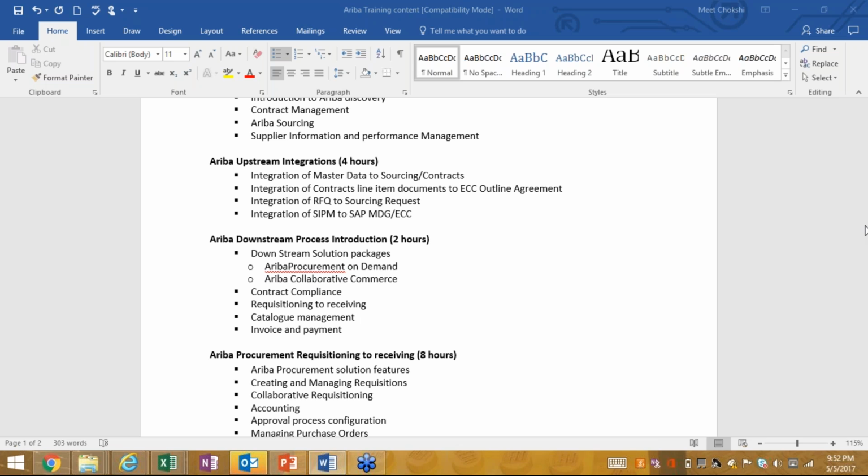I can take that session and include 2 hours of spend visibility, but I don't see much value, as many customers don't use it because they want everything in BW, BobJ or Oracle BI. Ariba is only sourcing, right? They don't want everything in Ariba, and it does not have any end-to-end functionality.